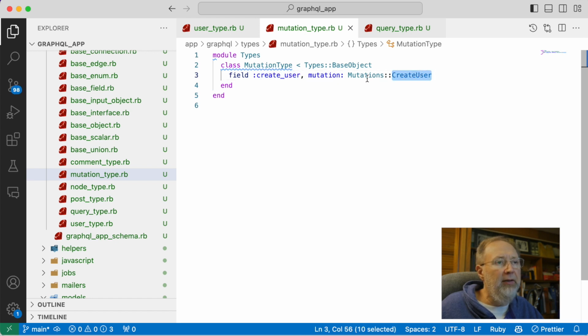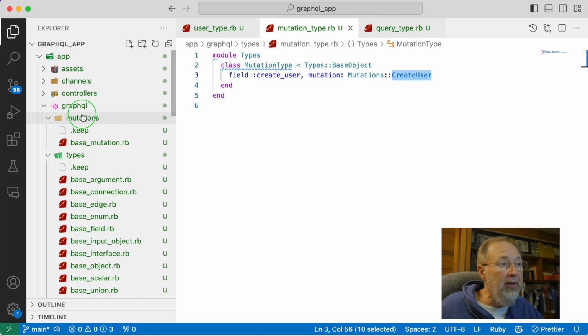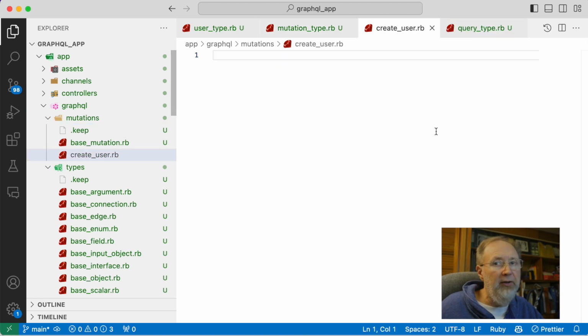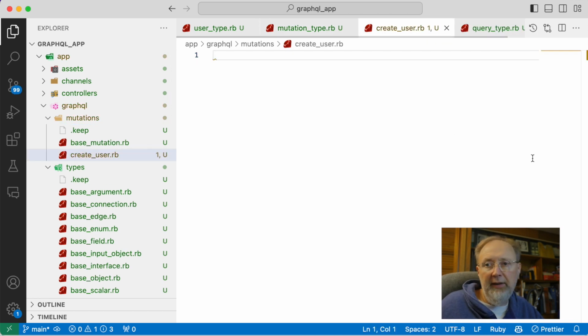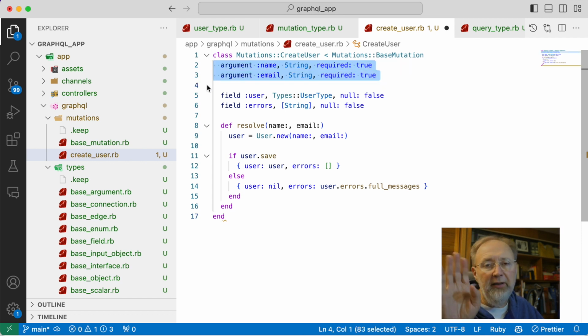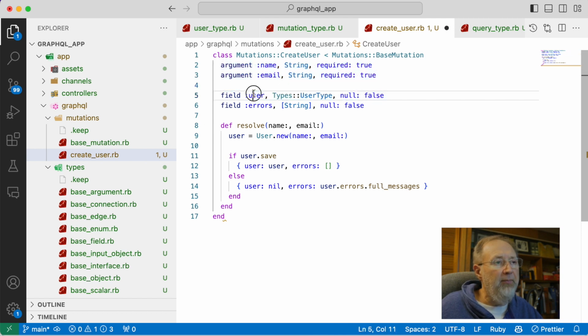And it's a mutation of type create user, so we need to create that. So we're going to create a create user mutation. I'm not going to type it in because you've all seen how I type. Looks like that. So we go in, again, we set the arguments, and I kind of love this typing actually. So we set the arguments, we say what fields we're going to return, which is user and errors, and it